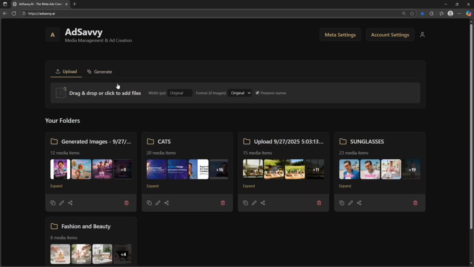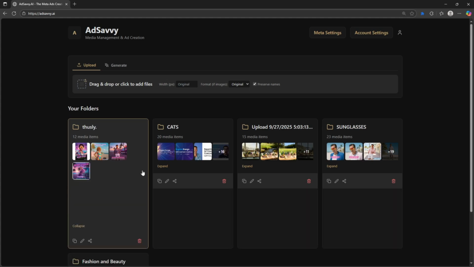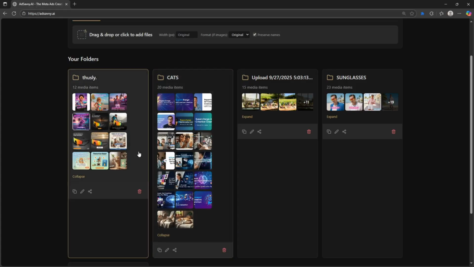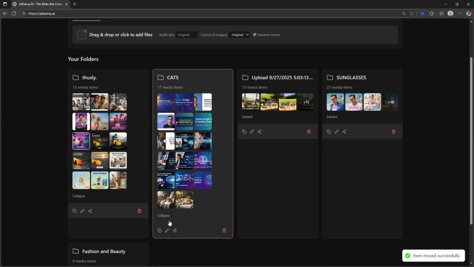We're looking at the homepage of your Adsavvy panel. And what you'll be able to see is down below, you have a bunch of folders. This is for your own organization. You can rename a folder thusly, and you can also expand these to see all the images within a folder. And then if, say, for example, you wanted to move some images into different folders, it's very easy drag and